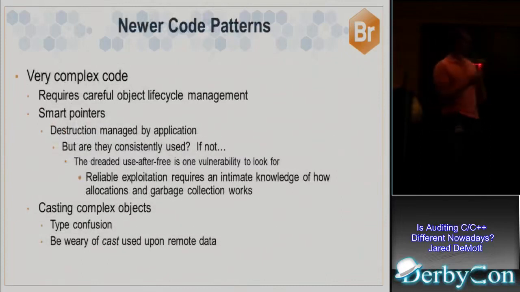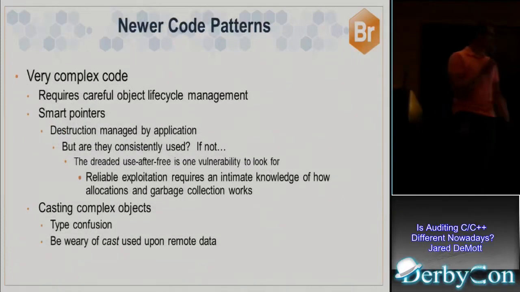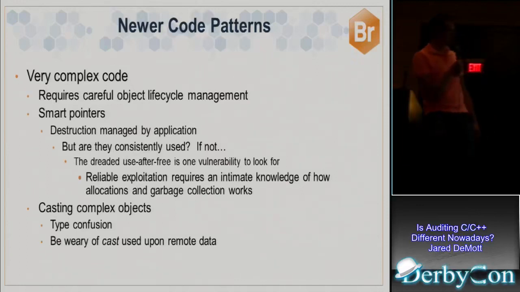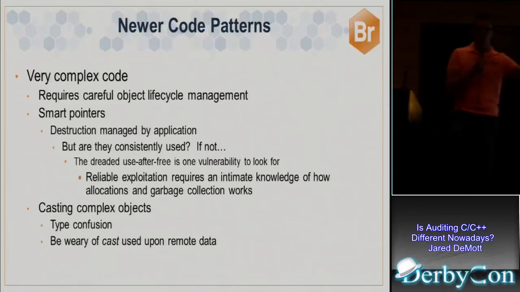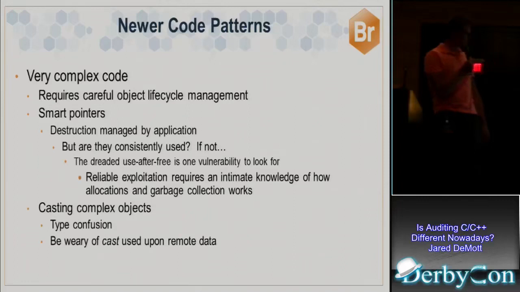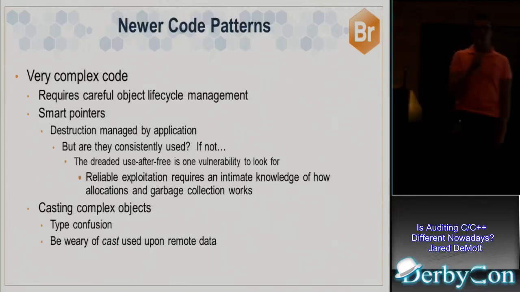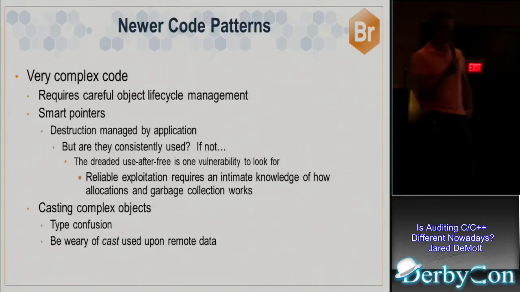I mentioned that the code that's there is complex. And one of the things that's changed in newer code, that we really didn't see a lot of in the traditional C code, is this whole object lifecycle management. The thing that's used to do that in modern code is what's called smart pointers. Smart pointers is just a way of keeping track of some data, but we'll show an example of it. I'll explain it in just a second.